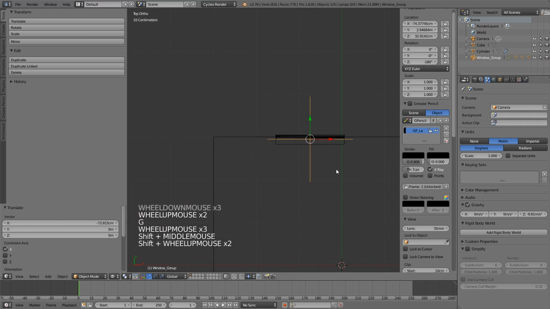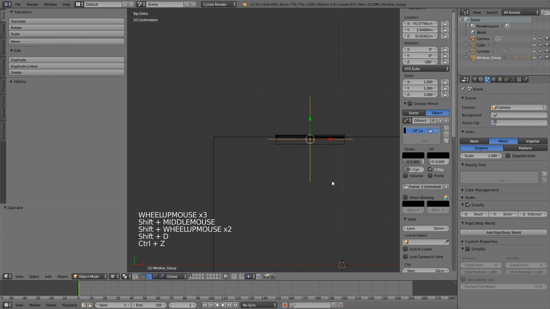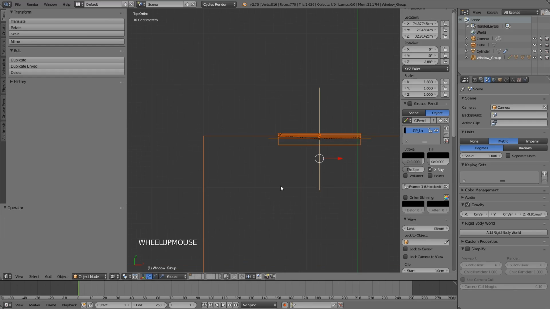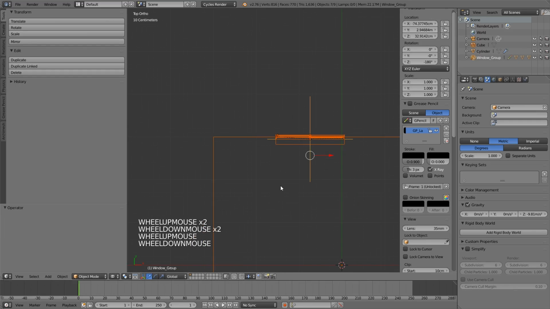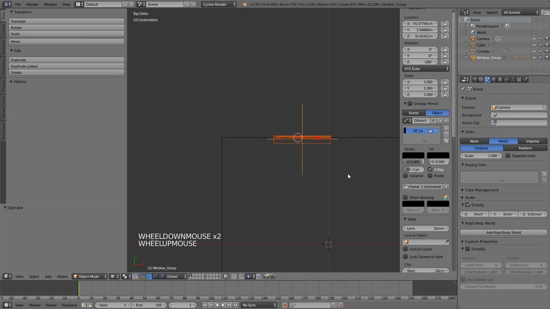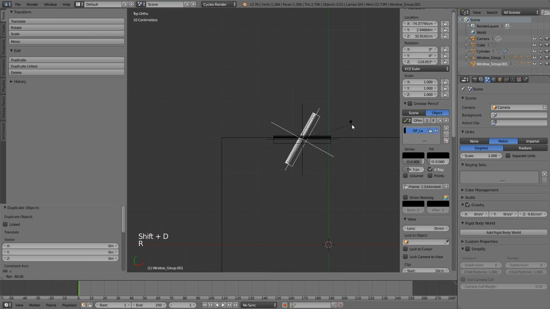Yeah, that should be fine. And then, that's not right, is it? Select all of those items. In case I haven't mentioned it, I use box select a lot. You just press B and then it's left click and drag to select, or middle click and drag to deselect. Very useful. So I'm going to duplicate that window, rotate it -90,